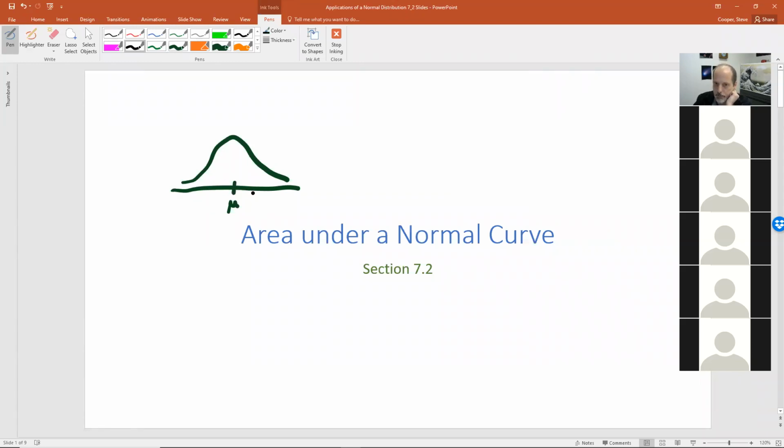As long as we were able to look for areas that were exactly 1, 2, or 3 factors of the standard deviation, we could use the empirical rule. But that's just asking too much, to say that all the probabilities that I want are going to be factors of the standard deviation away from the mean. So if we just want a generic probability of coming in at less than or equal to x,